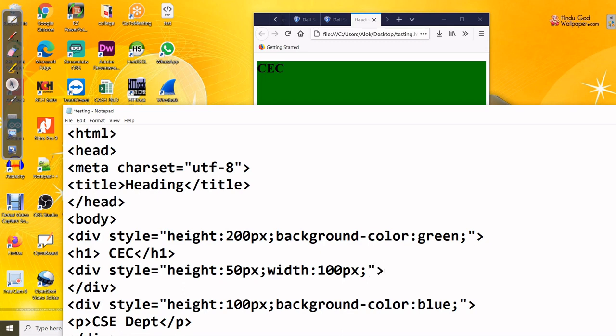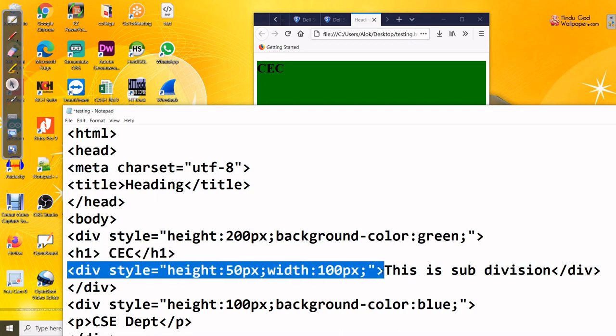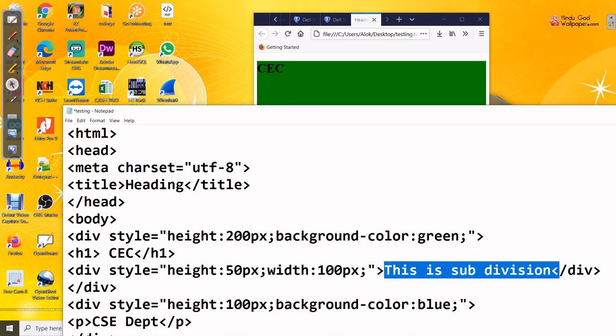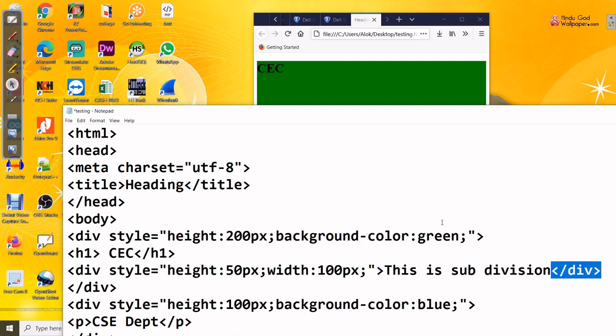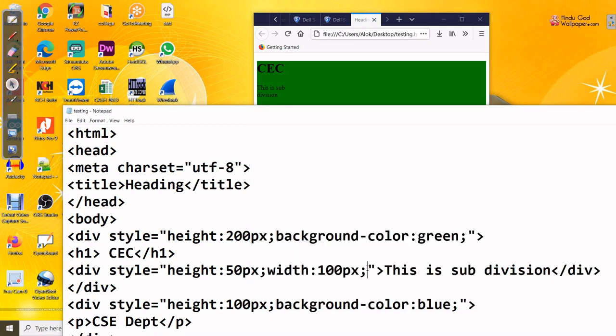Then close this one and write anything, this is a subdivision. I'm not writing any h1 or anything else, I'm just simply writing this and closing the div part. Okay, so the first division is starting here, closing of the division is here, inside that one again I put one text, and inside that one I wrote one division, and again the text part, this part is the text, and again we close these divisions, right? Now coming back to your output, double click, you see. So here what happened, we are not giving color, no? That's why the problem.